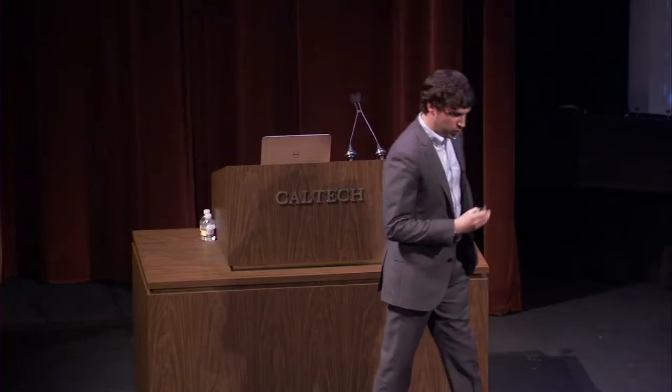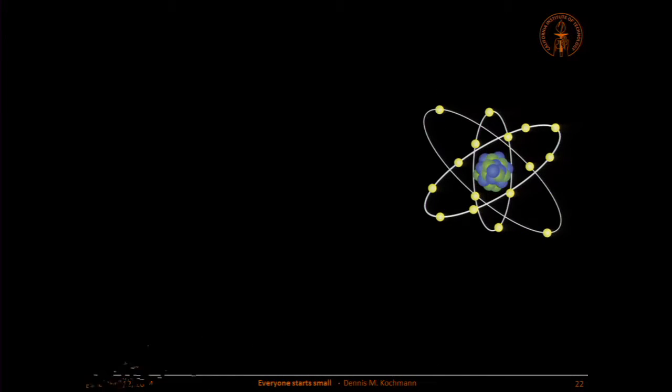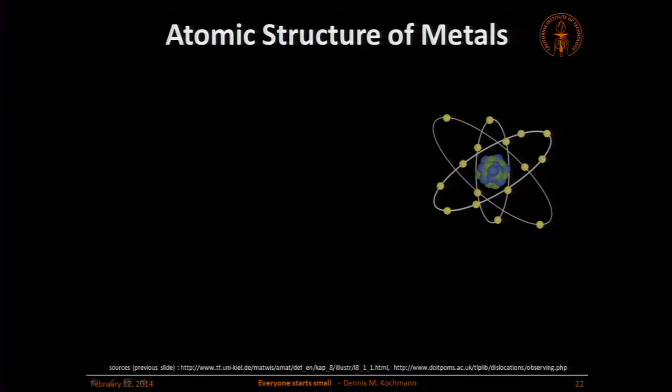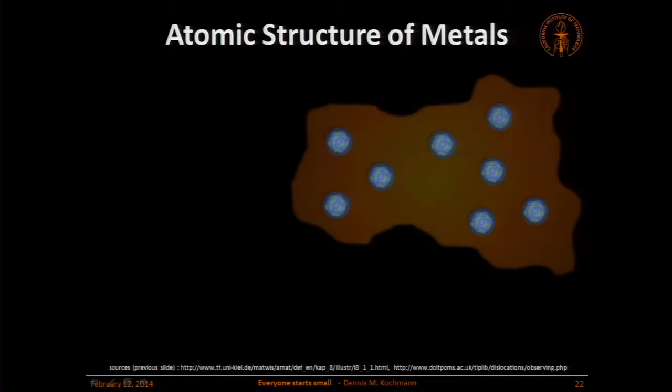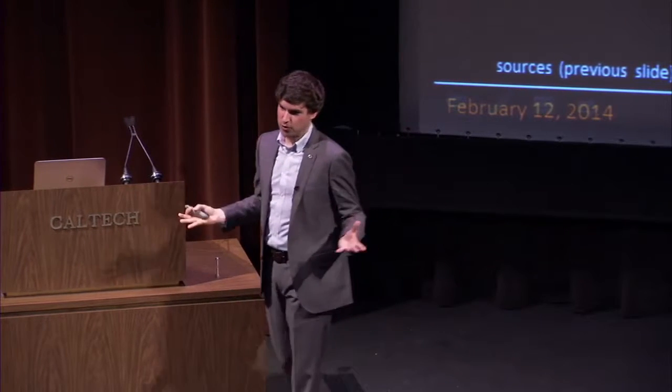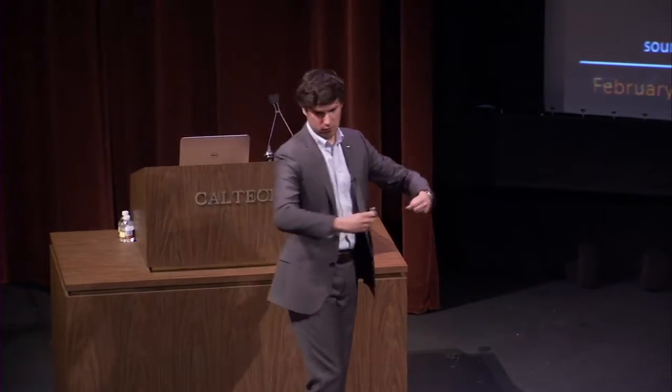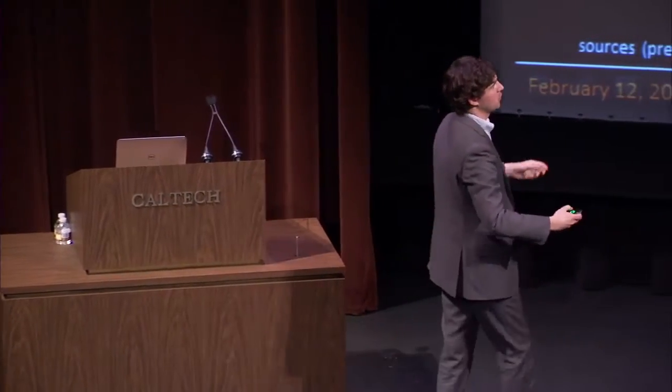If we want to understand what all this is, what we see on all these scales, we better understand what these atoms do. So let's look at the atomic scale in metals. This is an atom, or how we picture it to be. There's a heavy core in the middle, there are electrons around it, and metals do something very interesting. If you zoom out and you look at very many atoms, they share electrons. Electrons go into what's very often referred to as the electron cloud, and now you have these heavy cores moving around. I'm going to refer to these as the atoms.